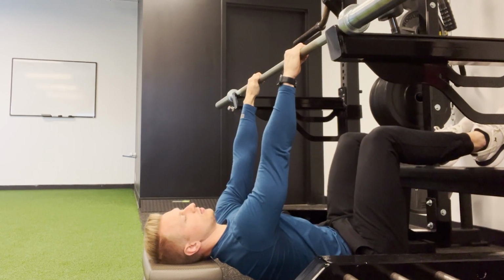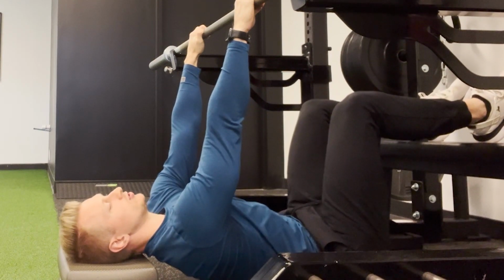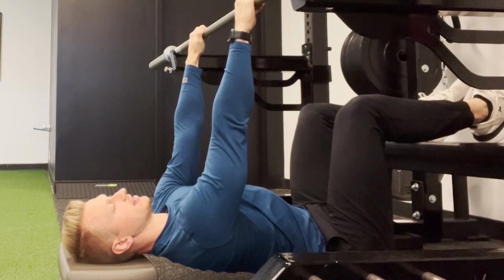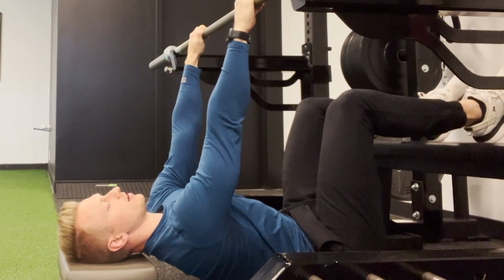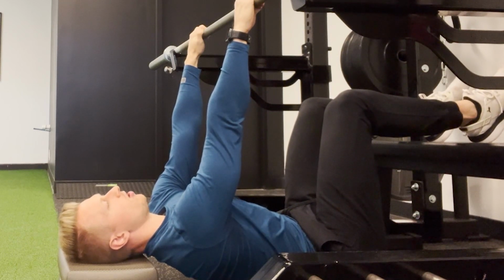From here, we're gonna go into a slight pelvic tilt or belt buckle towards the chin. This would be extension, that's what we're trying to fight. That would be quote unquote wrong. We're gonna search for that, more rounded. We're gonna find a little bit of hamstrings by digging down into the bench, and then all we're doing here